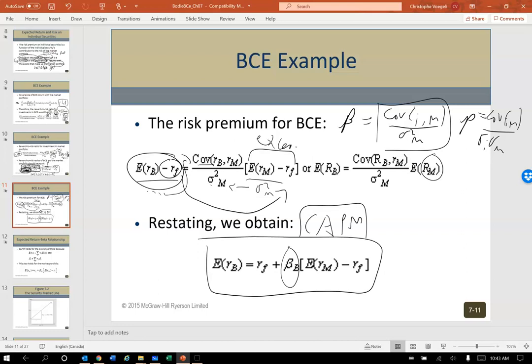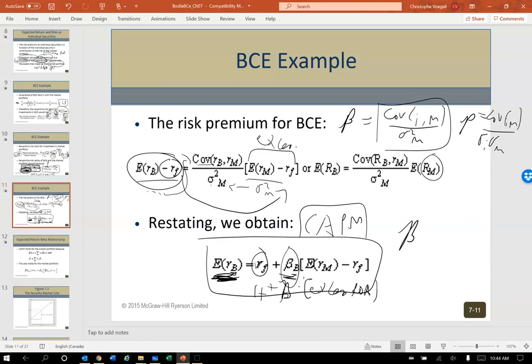So that's how we get to the CAPM. The CAPM is basically going to tell us the rate of return that I can expect on investment B is going to be the risk-free, because everyone gets the risk-free, plus the beta of investment B, which is the risk of investment B in the world of beta. We're not talking standard deviation. We're talking about how it moves with respect to the market, multiplied by the excess return. So risk-free plus the beta, which tells me how sensitive it is to the market, times the excess returns, the excess rate of return above the risk-free of the market, by the way.